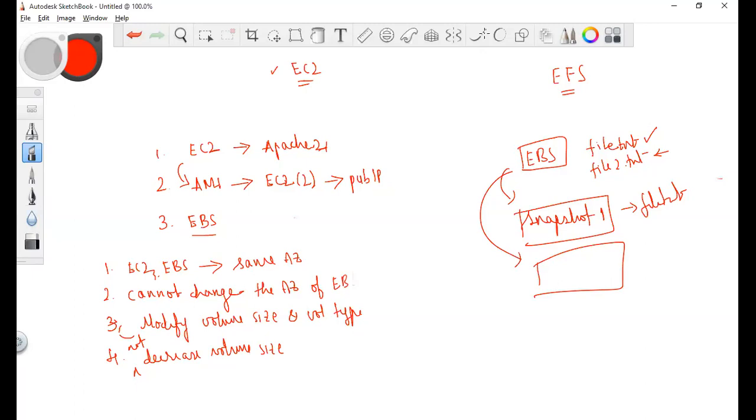Can we attach a snapshot in the same availability zone? So guys, a snapshot is not something to attach. It is just to create a volume out of it. Please understand, you cannot attach a snapshot to anything. Yes, it's like a disaster recovery kind of solution. A snapshot is not availability zone specific, it is region specific. So you cannot ask whether you can create EBS in the same availability zone with a snapshot. The snapshot itself is region specific. From a snapshot, you can create multiple EBS volumes in different availability zones.